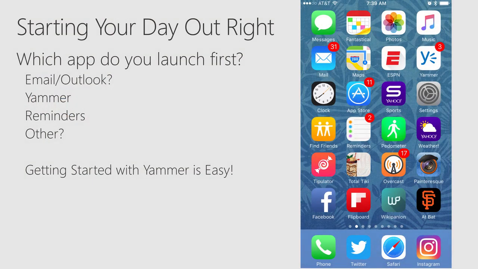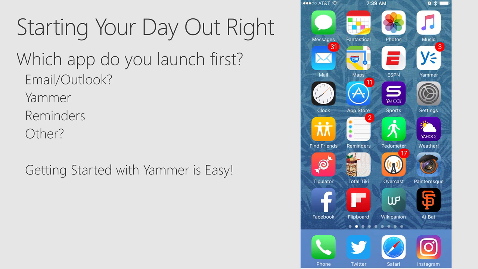Now let's talk about putting all this together. Many of us with our mobile devices wake up in the morning and take a look at what's going on on our phone. Which app do you open up first? Some people might look at their calendars. If you're interested in sports, maybe you look at one of those sports apps to see what the scores were overnight. But if you're trying to deal with work, maybe you're going to look at something like the Reminders app, or maybe email or the Yammer app.